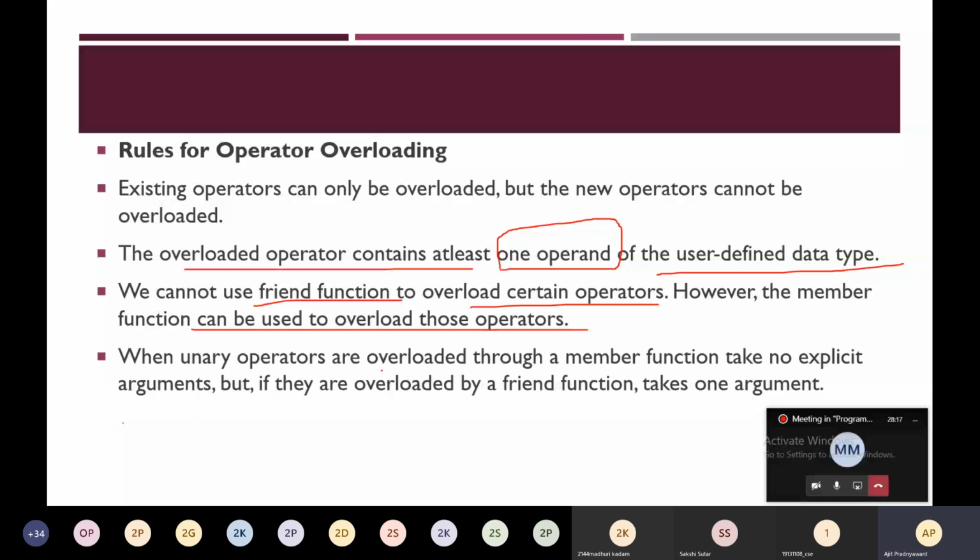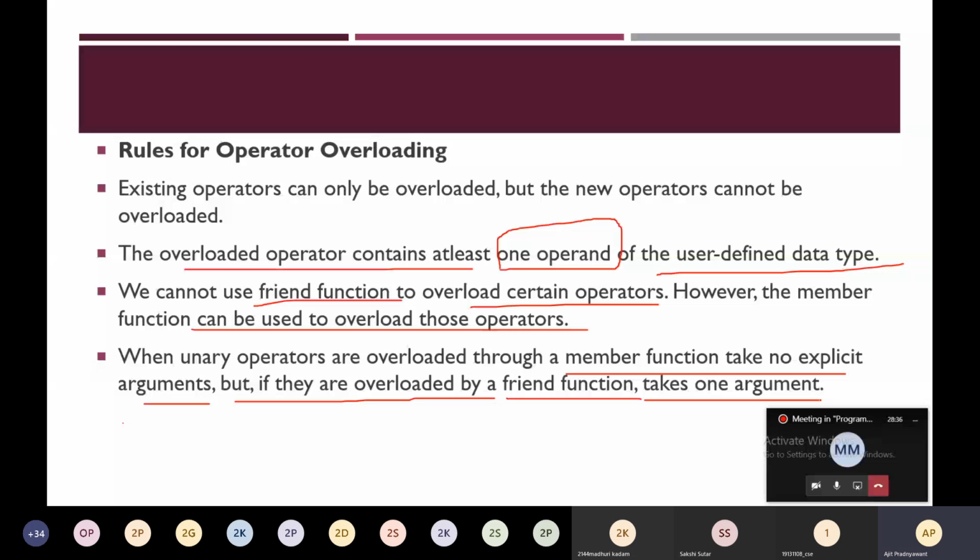When unary operators are overloaded through a member function, they take no explicit arguments, but if they are overloaded by a friend function, they take one argument.